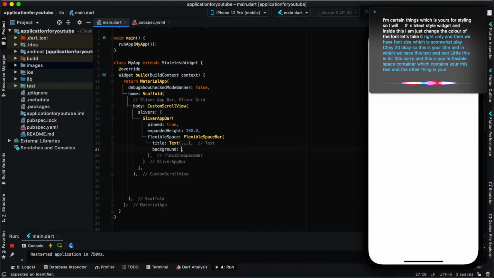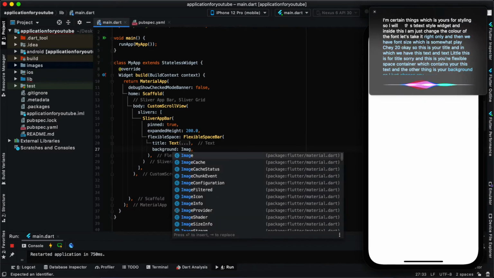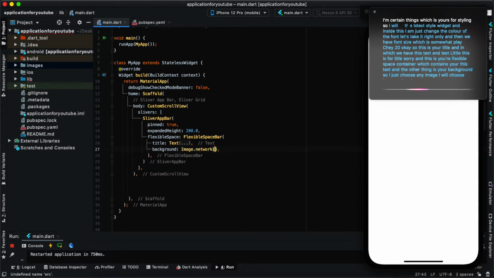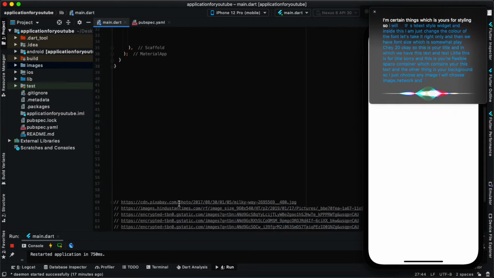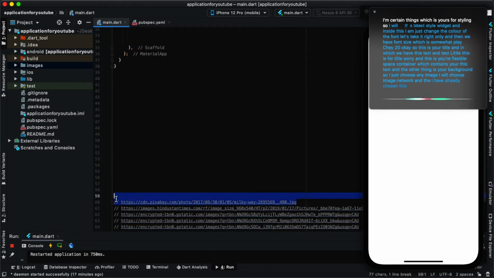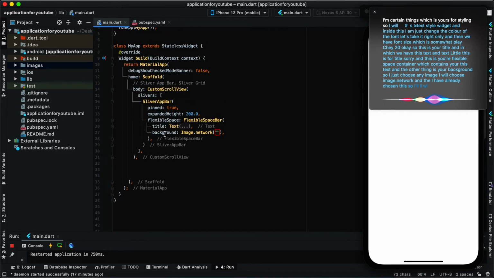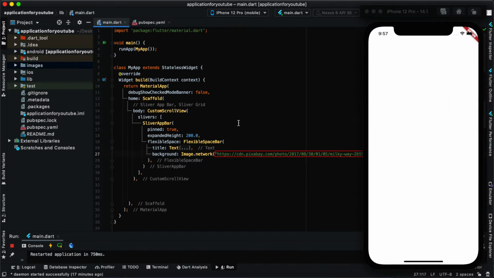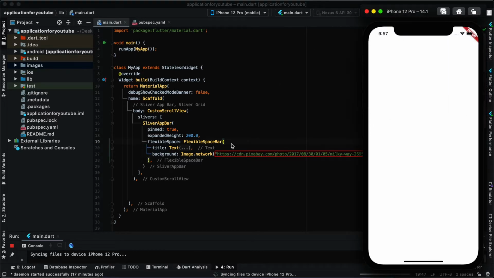I'll just choose any image. I'll choose Image.network, and I have already chosen this, so I'll just pick the link from here. Let's see what happens now.